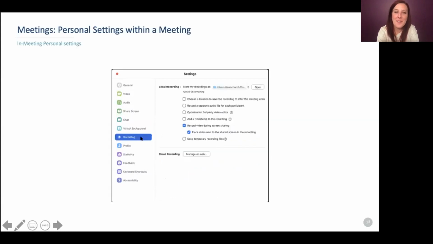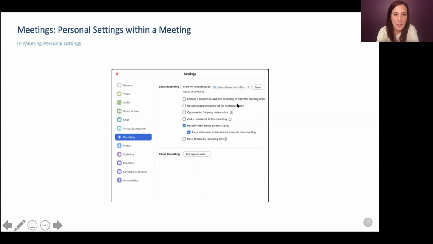All right, and then you have some settings for recordings. So it's probably prudent to remind you that you have less settings here in the desktop app than you do on the web portal, which is the case with recordings. So I highly recommend that you handle all your recording settings within the portal at the host level, so you don't have to worry about messing around with these within the meeting itself.